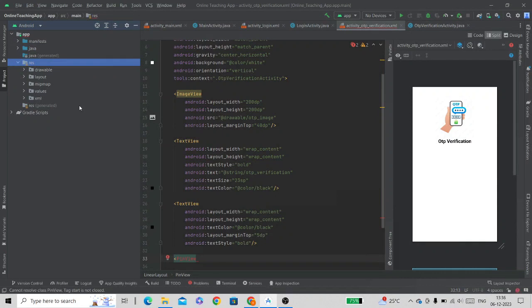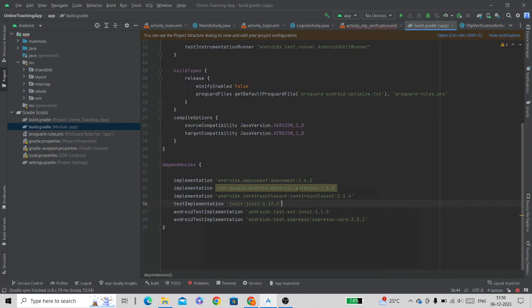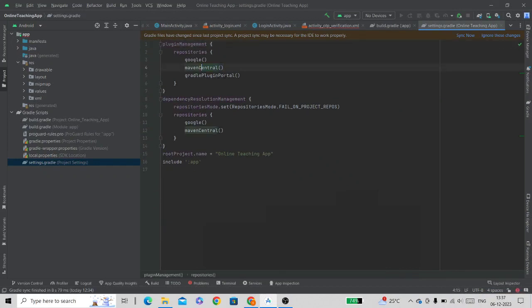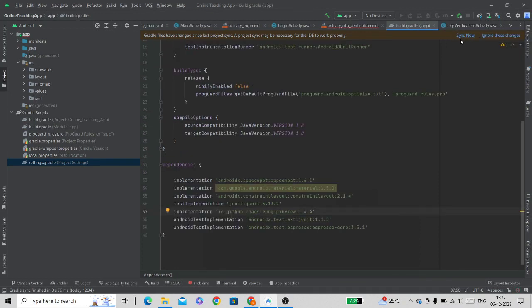And now in our project, click on this Gradle Scripts arrow. Now click on build.gradle module app. Now scroll down and paste the library here. Now before clicking on sync now, to include the library, please check in settings.gradle that your repository has this Maven Central repository. Unless, the PinView library won't work. Now here click on this sync now button and the library is added successfully.